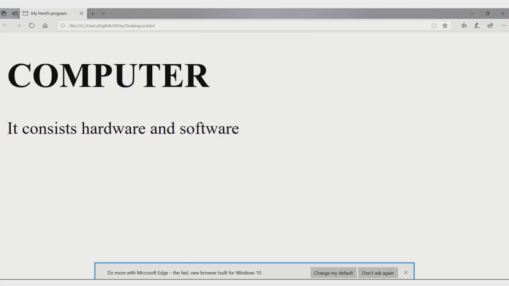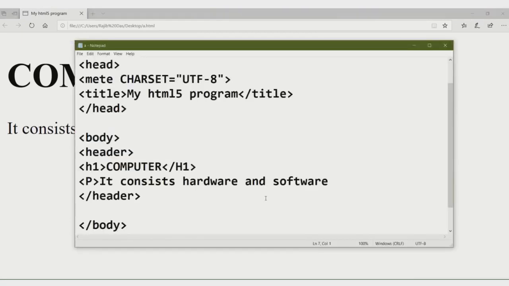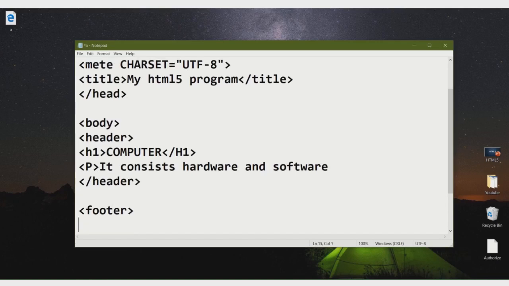Okay, then go to the notepad page again, and the next tag I am using is footer. This tag is used to put the company's logo or additional information.